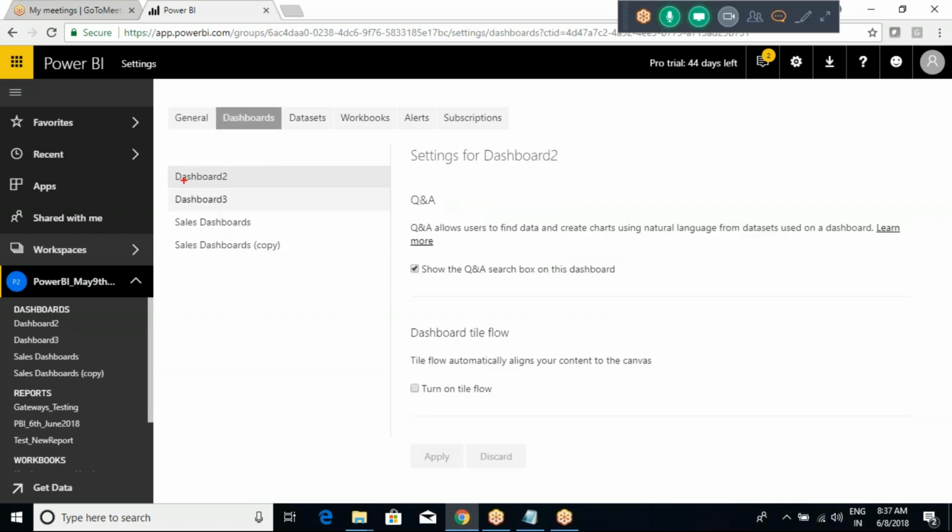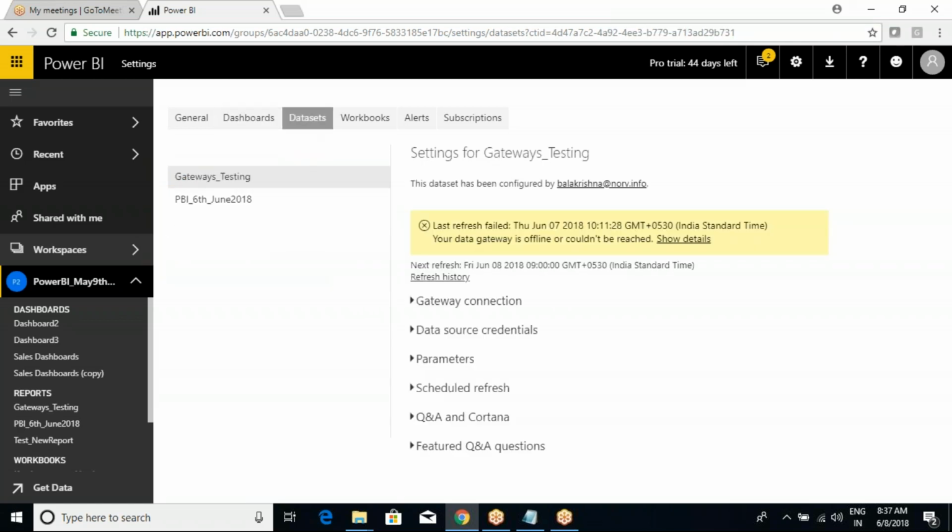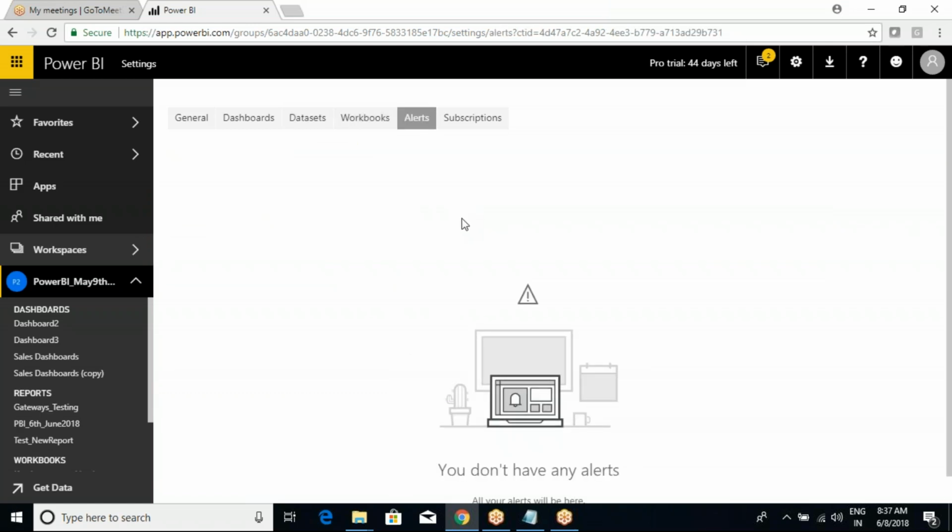Dashboard: what are the dashboards available in our particular workspace? And there is a dataset concept. Only two datasets available as of now, and everything else will be alerts. We don't have any alerts at the moment, and we don't have any subscription at the moment because yesterday I was trying to create the subscription. By default it will be a single user, whoever is creating the dashboard should have access to email alerts or subscription by default. But as I showed you yesterday,